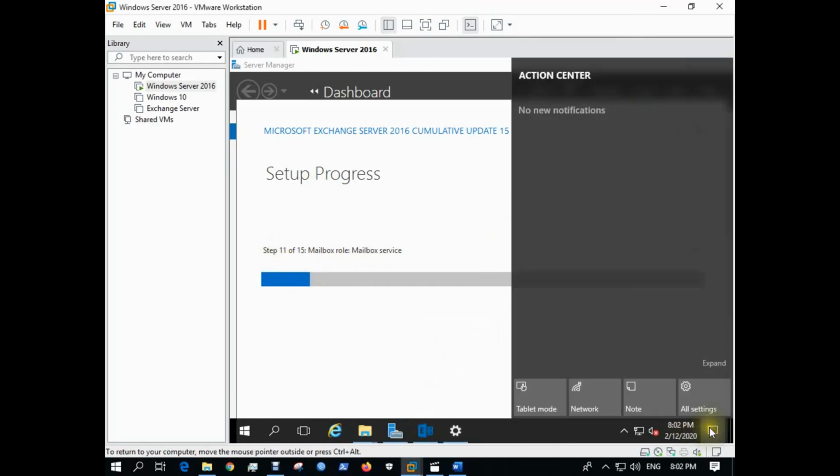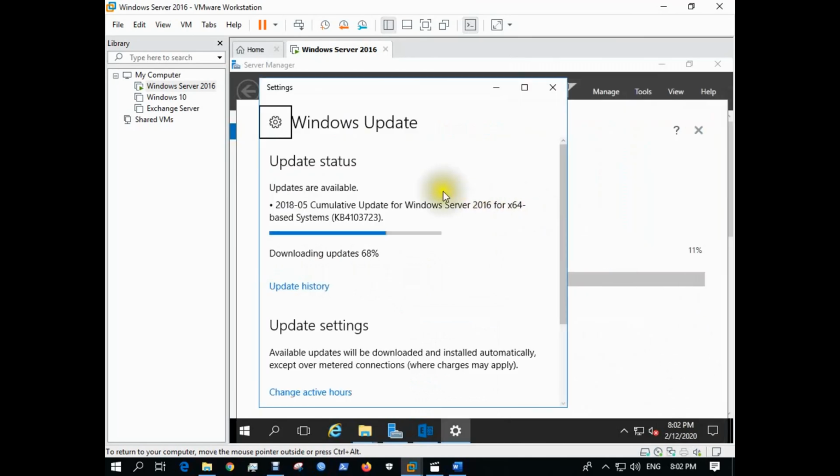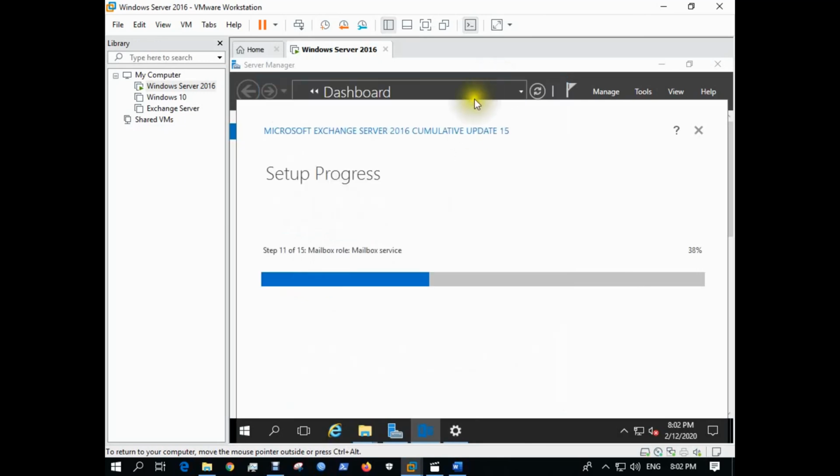Viewers, if we go to Windows Update, we can see that the latest cumulative update is downloading. It is recommended that you install the latest update for the best performance. Let's just wait again.